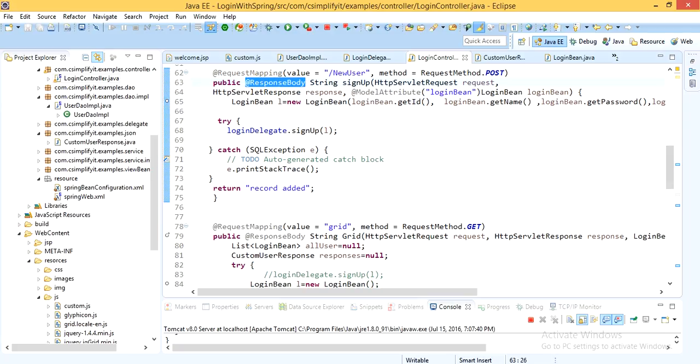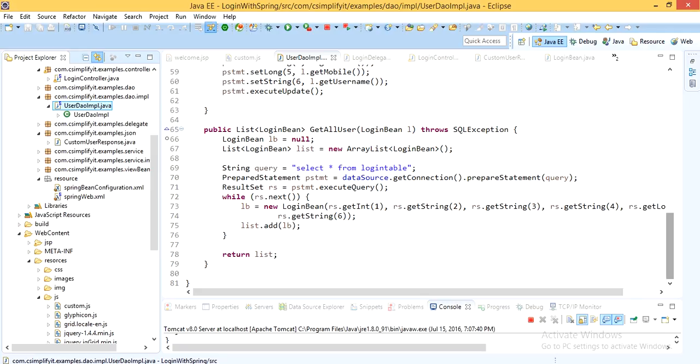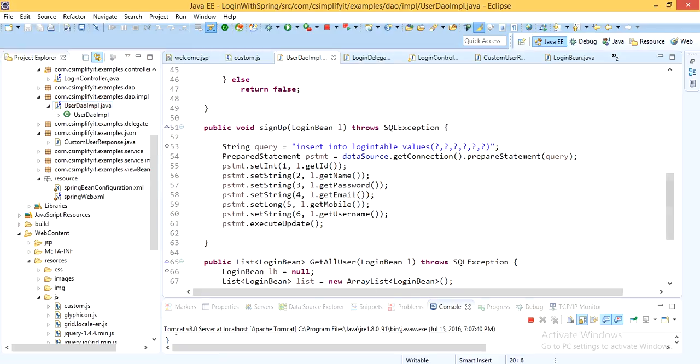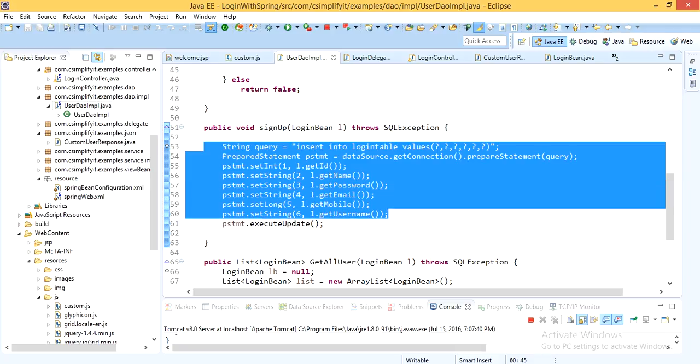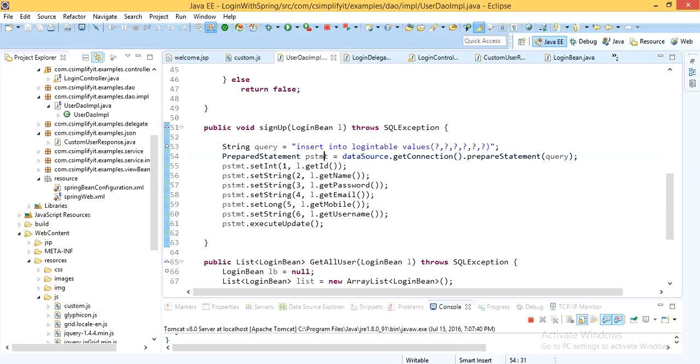Okay, login delegate and sign up are available in the user DAO implementation. Basically sign up's implementation is here. It inserts into the login table, gets and sets the password, and executes the update.